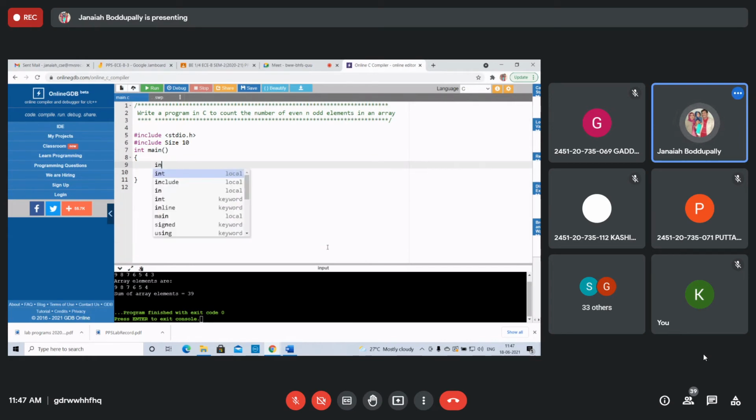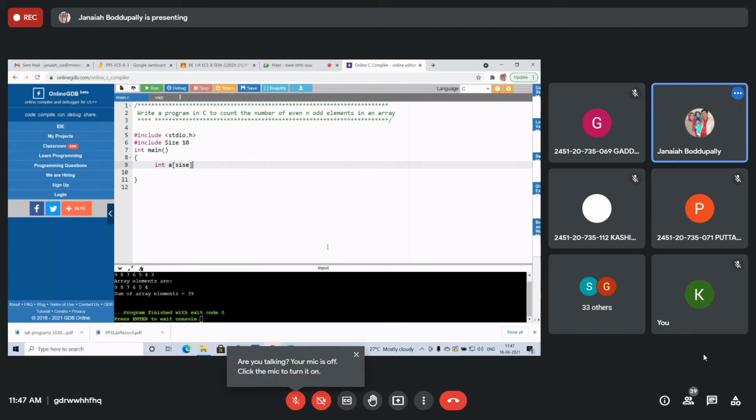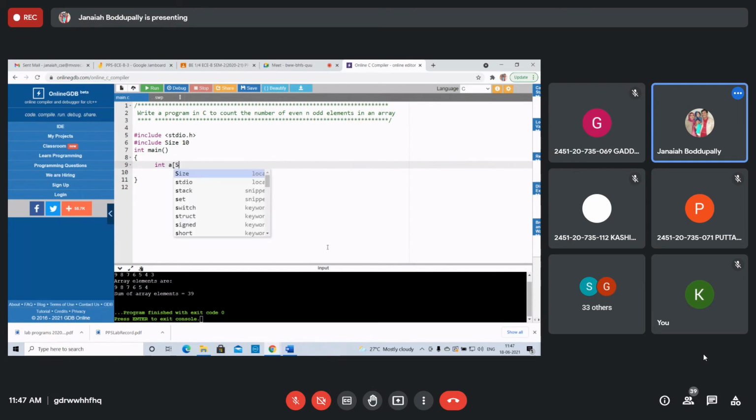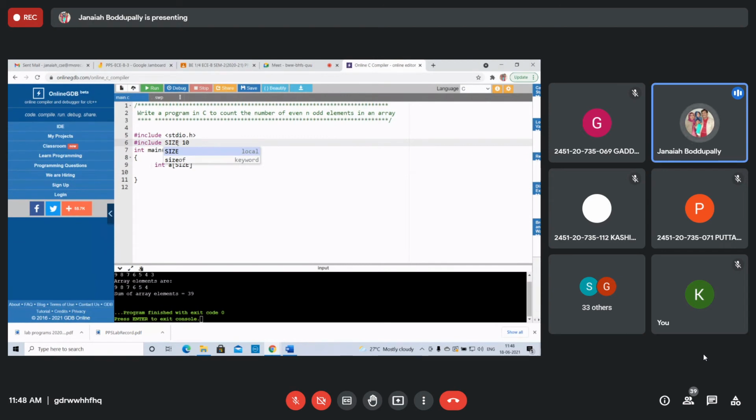Right. Int array is take A of size. If you take A of size like this. Capital letter write is better. Here also you need to whatever you have given here. Size 10. You write the same size here.